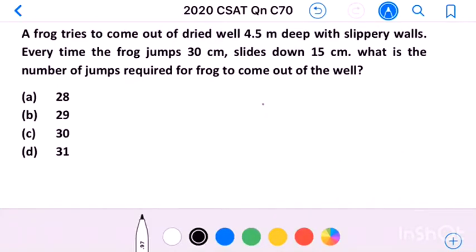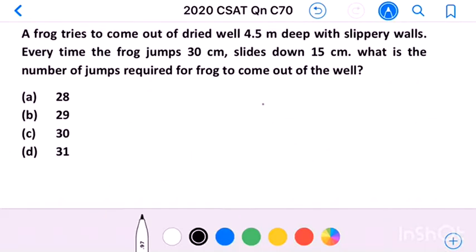Question number 70. A frog tries to come out of a dried well 4.5 meter deep with slippery walls. Every time the frog jumps 30 centimeter, it slides down 15 centimeter. What is the number of jumps required for the frog to come out of the well? So here,